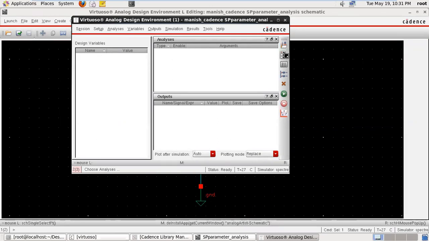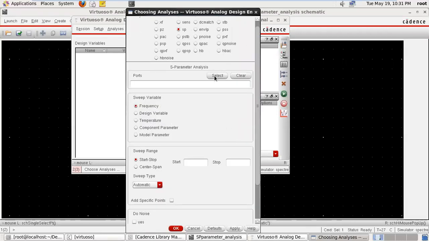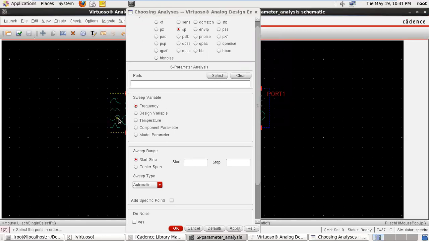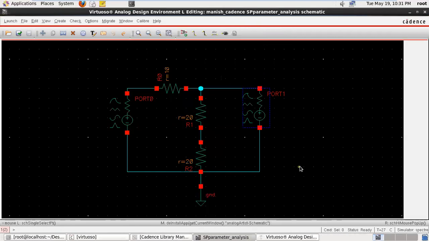Go to the simulation window and select S parameter, because there are two ports. First select the input port, then the output port, port 1, port 2. Suppose we take the frequency range as 10 hertz to 10 kilohertz. Now apply. The circuit is complete.